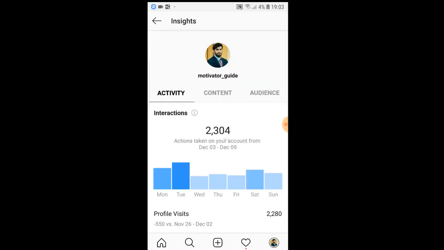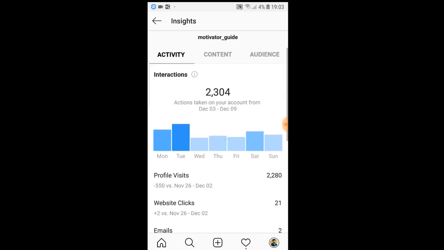It's very helpful actually, because here in activity it says how many people visited your profile, which is 2,280 people in this